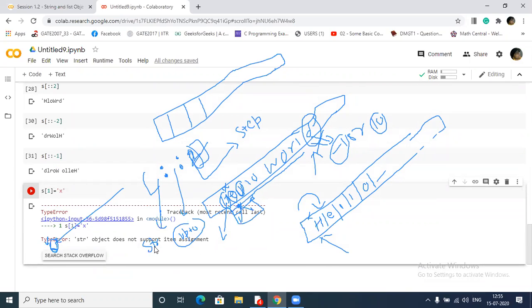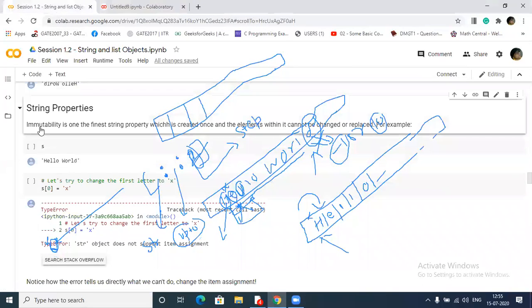In a single word, this is the immutability problem. Mute means you can change it, so immutability means you cannot change it. I am keeping this as it is so that you can understand why it's giving an error, and you can write its explanation here.